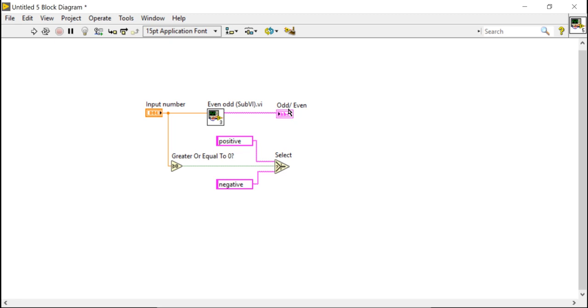So this select will give me the output: the number is positive or negative. When you are done, inform me.